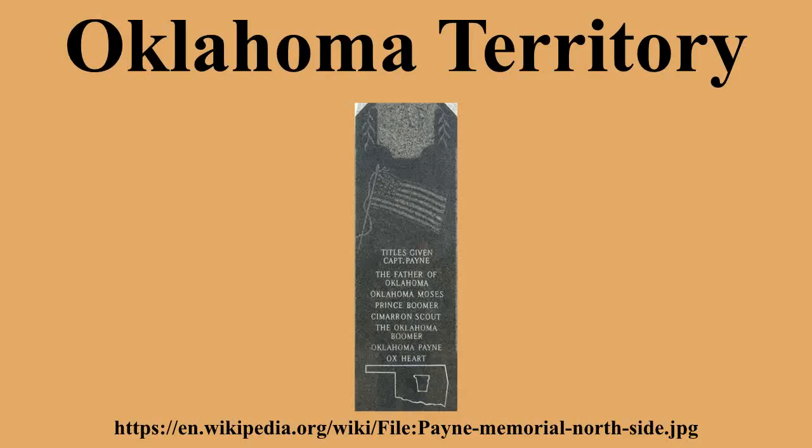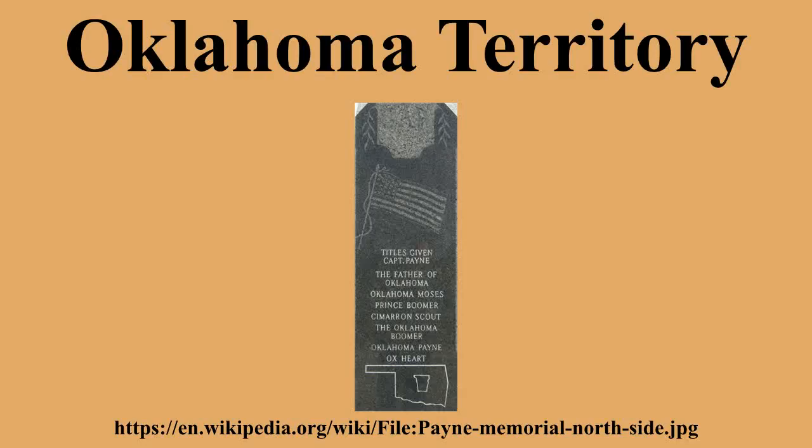Lands that came to make up the territory. Unassigned lands, April 22, 1889, opened by Land Run. No Man's Land, May 2, 1890, assigned to Oklahoma Territory by Organic Act. Iowa Reserve, September 22, 1891, opened by Land Run. Sac and Fox Reserve, September 22, 1891, opened by Land Run. Tonkawa Reserve, 1891 allotment. Citizen Potawatomi and Absentee Shawnee Reserve, September 22, 1891, opened by Land Run.